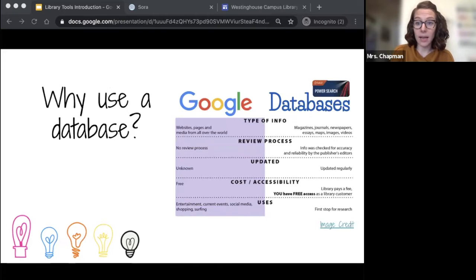Why would I want to use a database instead of just searching on Google? Well, databases are not free. Luckily, we have access in the New York City Department of Education and also from our public library systems, who purchase the access for us. Because they are costly, they can afford to pay folks to verify the information is accurate and reliable and update things regularly. You may find some opinion articles or letters to the editor, but you will also find peer-reviewed articles